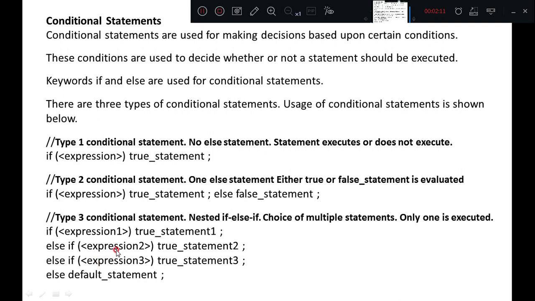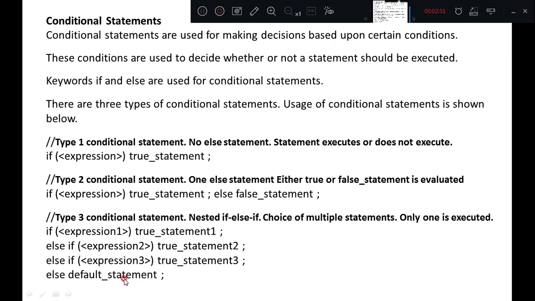If expression 2 is not met or is false, in that case expression 3 is checked. If expression 3 is met, this third statement will be executed. If none of the conditions are true, whatever we write within the else part will be executed